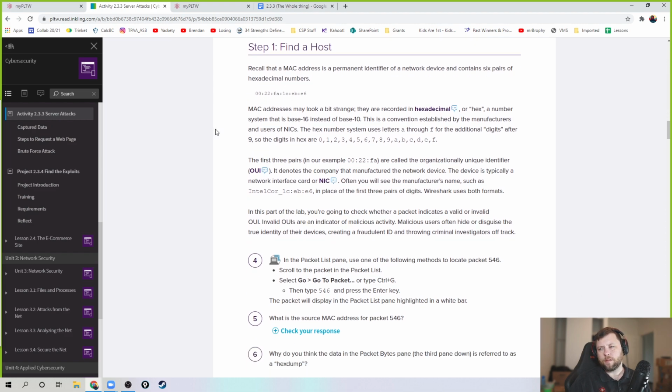So find a host. Recall the MAC address is the permanent identifier of a network device, made of 6 pairs of hex, right? So MAC addresses are in hexadecimal. If you don't know what that is, we should do that next. Hexadecimal. So the idea is, maybe you haven't done any binary or stuff like that before. But our numbering system is usually